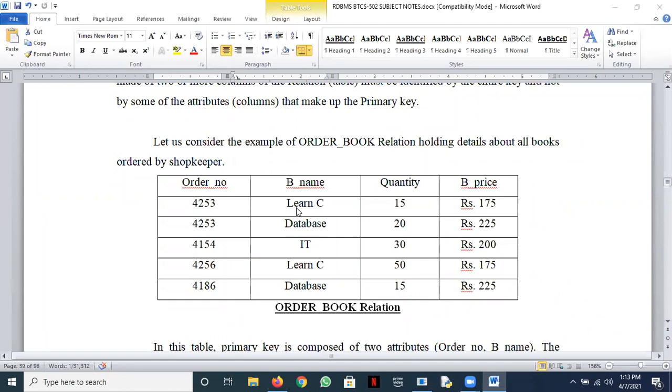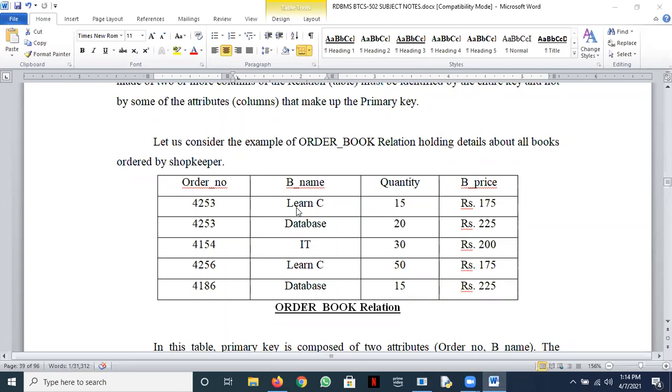Okay. And we learned that the remaining fields, quantity and book price, should be dependent on the primary key. Isn't it? Yes, sir. Are they dependent entirely on the primary key? What is the scenario? You can raise hands if you want to join in the discussion.